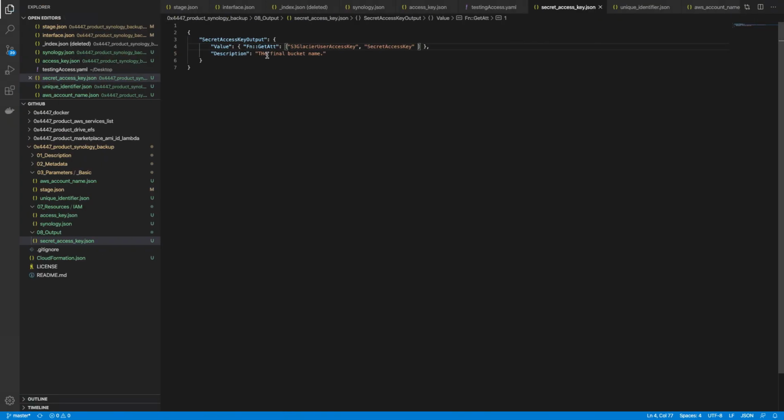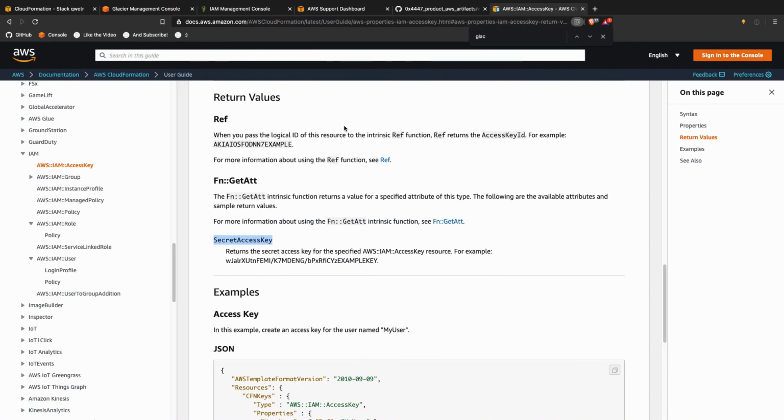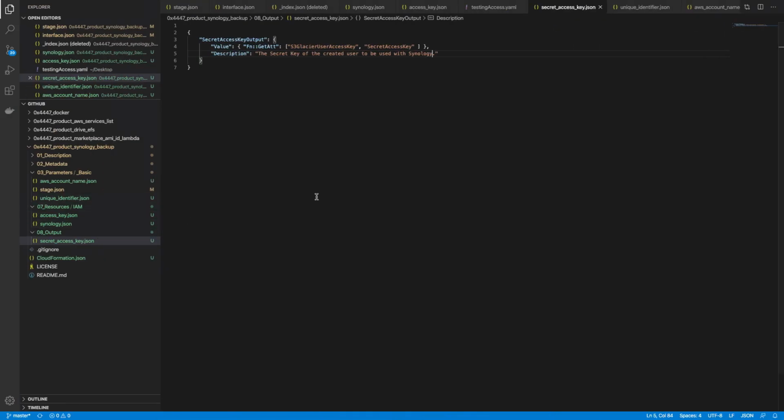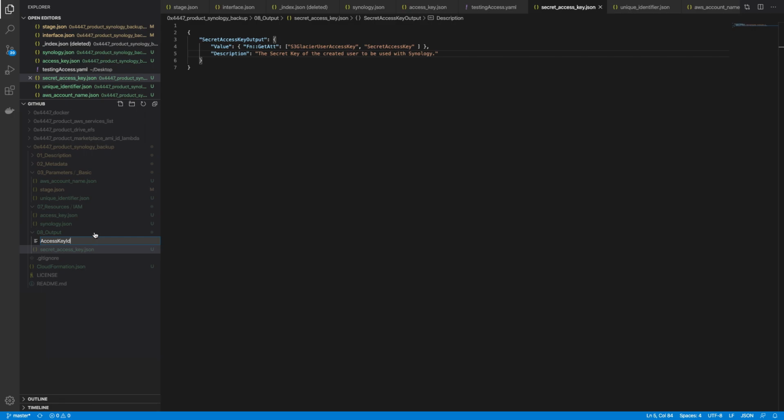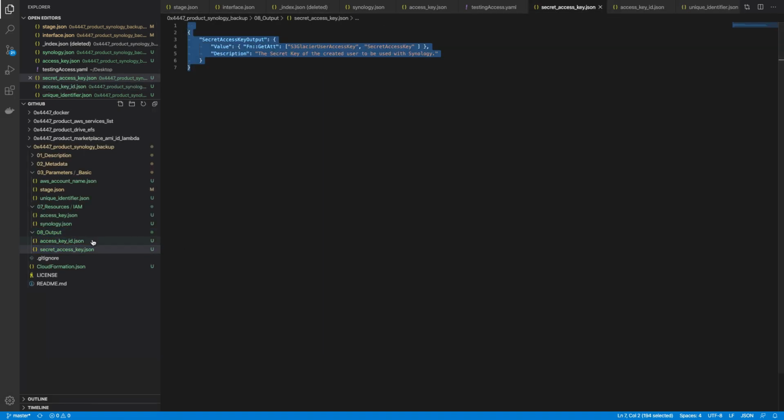So now we can set the description: the secret key of the created user to be used with Synology. By the way, in this case, we should have the secret key and also the access key ID, right? And then we're going to have everything. Access key ID. So basically this CloudFormation file is going to be a placeholder for the future, meaning hopefully